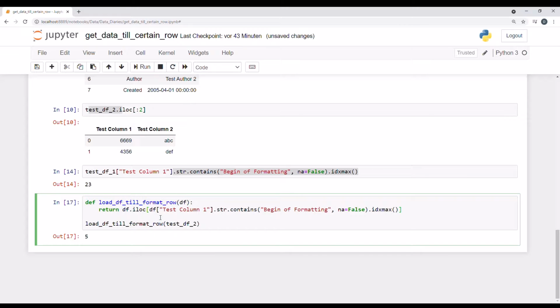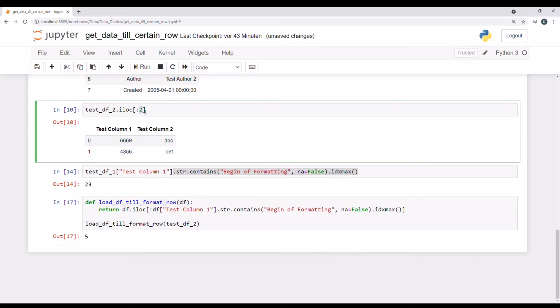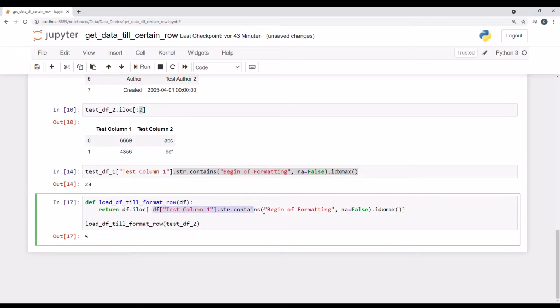And then in here, all we need to do is put in the column, meaning we want to see all rows. And basically the 2 over here, which tells you, okay, I want to go until this row, is replaced by this entire expression that we just built, which leads up to 5,